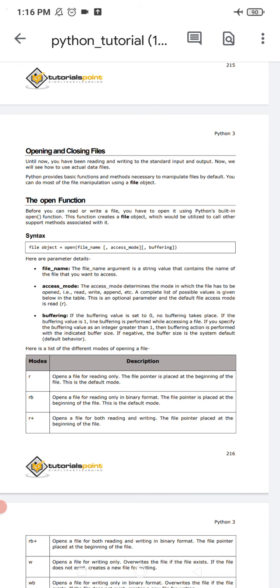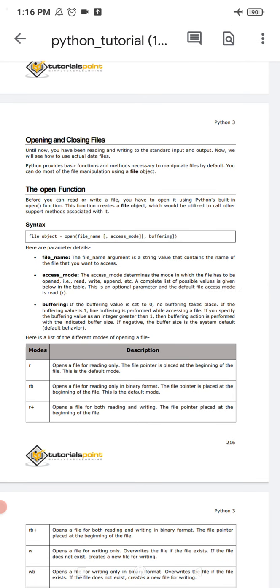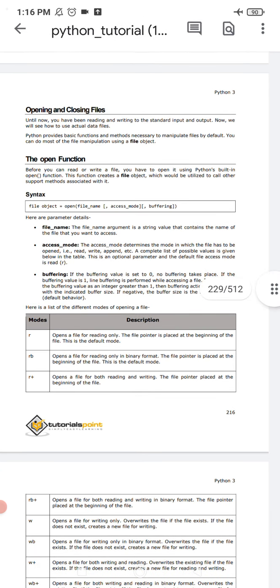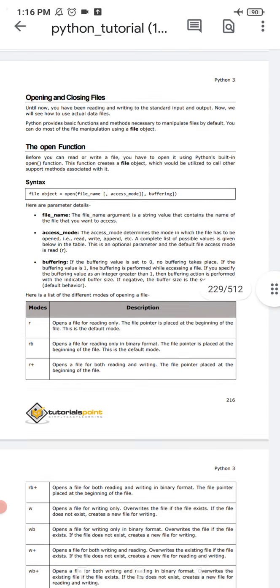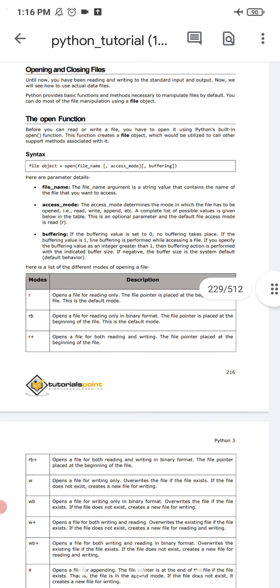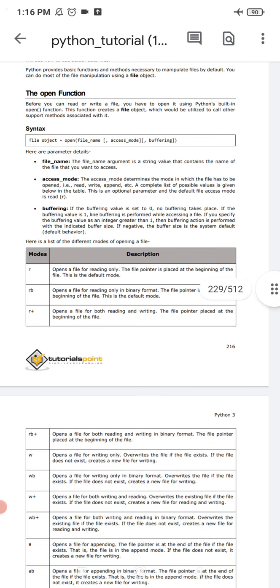The file pointer is placed at the beginning of the file, ready for writing something to that file. You have to be very careful with the symbol for the file mode, because if you put r, rb, or r plus, each has its own meaning. So be very careful when opening and saving files using this type of symbol and name.